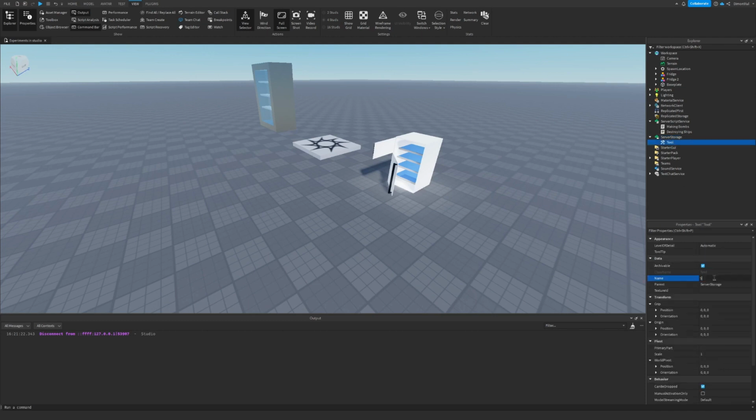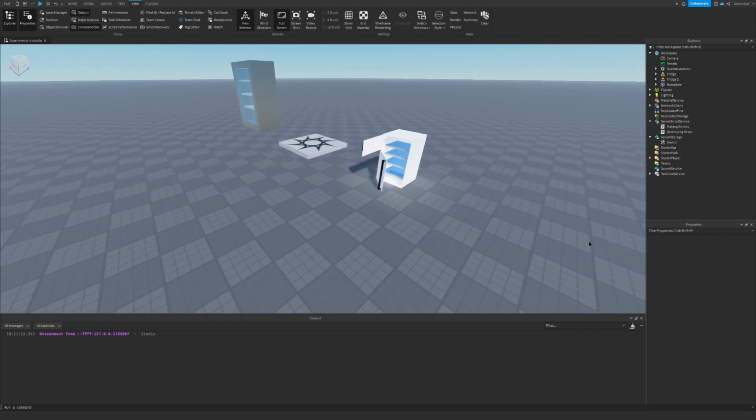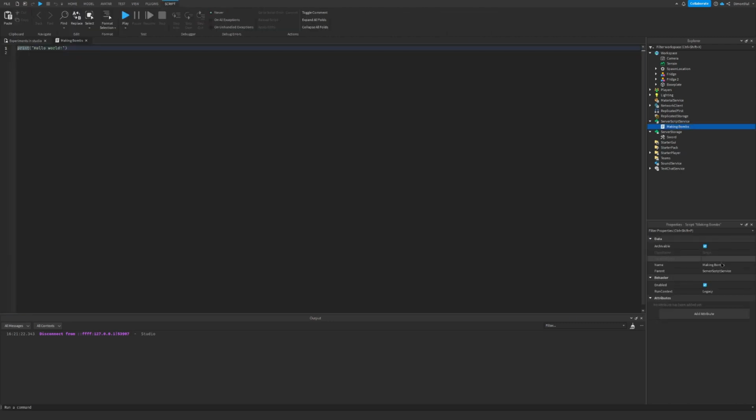For example, this tool is going to be a sword, and we're going to be making some item giving stuff. And once again, I will explain to you the difference between the server script service and the server storage later on. But for now, let's delete one of these scripts. We're only going to work with one. So in this script, we're not going to be making bombs. Not for now. We're going to be giving